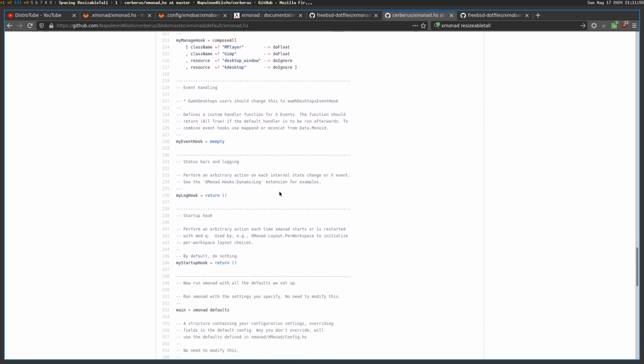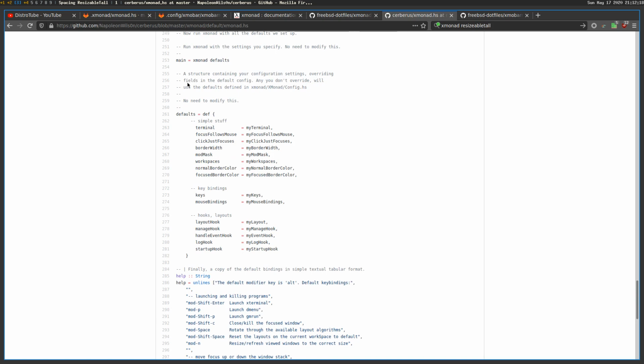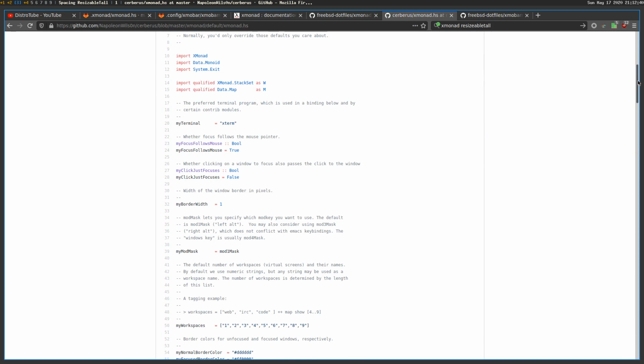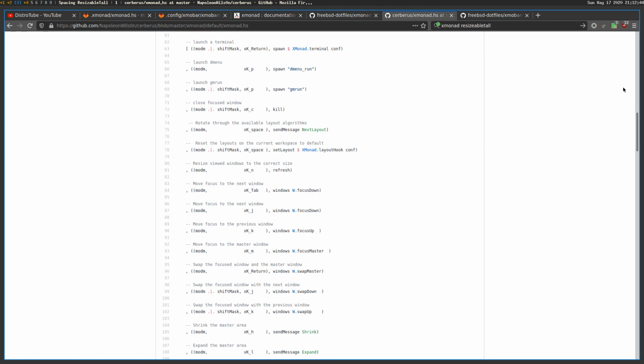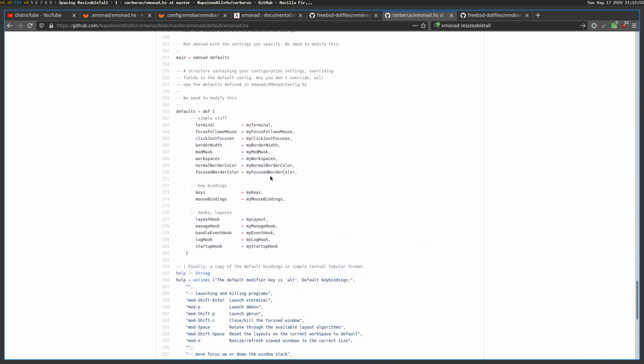I'll skip over the event handling and these sections here, but myStartupHook is what runs when xmonad starts, and you can set it to start particular programs, like Feh or Nitrogen to set your background wallpaper, or start a shell, or different programs. Then you have the main section, which is kind of like a main loop, and in this you have the variables that you're overriding. You can see here terminal, my terminal. If we came back up to the top, by default it's going to set it to xterm, so you set these variables, and if I come back down to the main section, it then uses the variables that you've set to set up xmonad. So that's the default